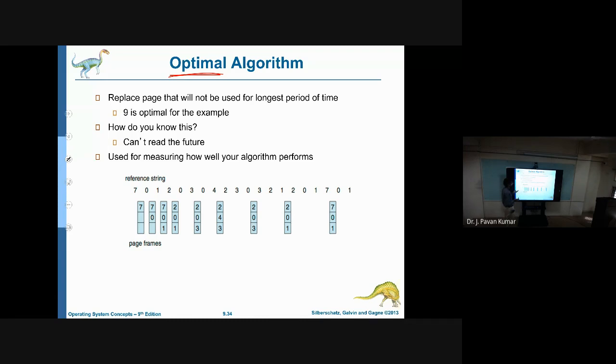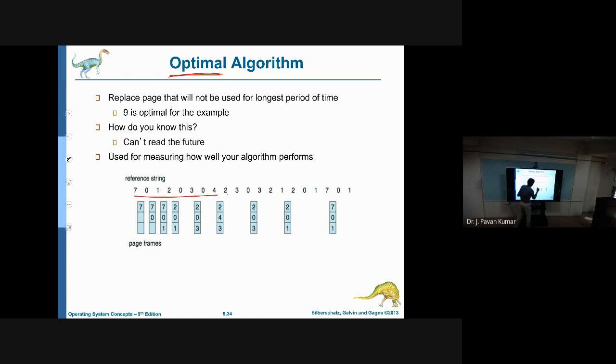Why? Because a page fault causes many other things: it gives a trap interrupt, then it has to search in the secondary memory, and select a free frame in main memory. All these things will be triggered. So we need to find a way to reduce page faults. We cannot avoid them fully, but we will try to reduce the page fault rate. Now let us see the optimal algorithm.